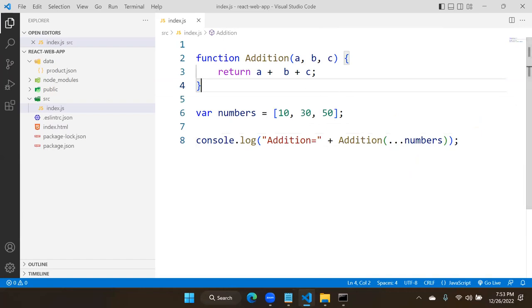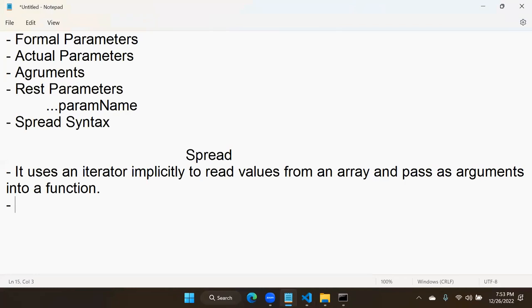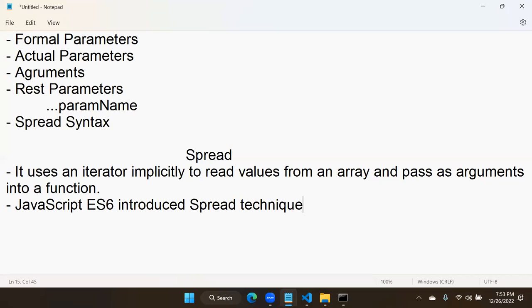And actually this was not there earlier. JavaScript ES6 introduced the spread technique. From ES6 we have the spread technique. So rest is about parameters, and spread is about